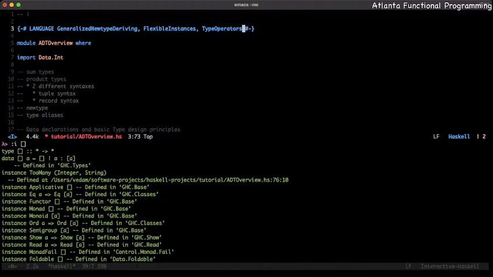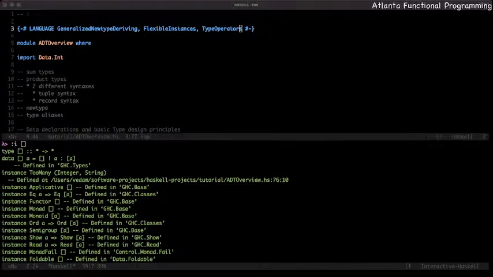And once you provide type operator extensions, now you can actually define these infix type operators that have a colon thing. All right. This is very important. Here's the quick example. I'm getting this off of